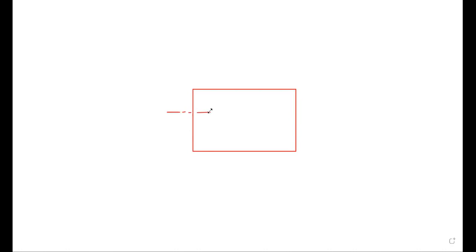Then again a long line, then two short dashes, like this. We have to go for it. I think all of you understood how to show the section line.